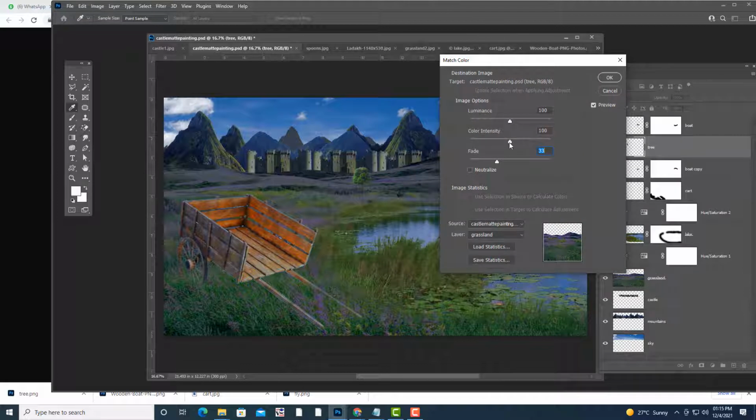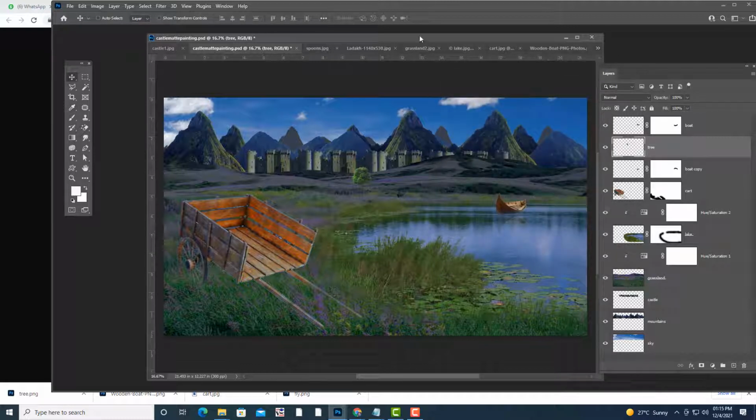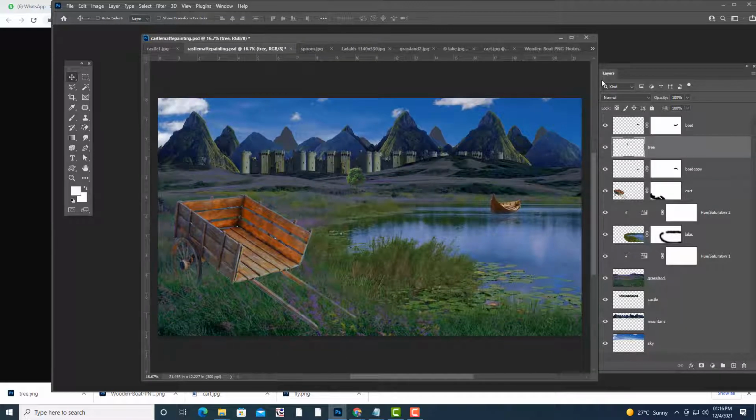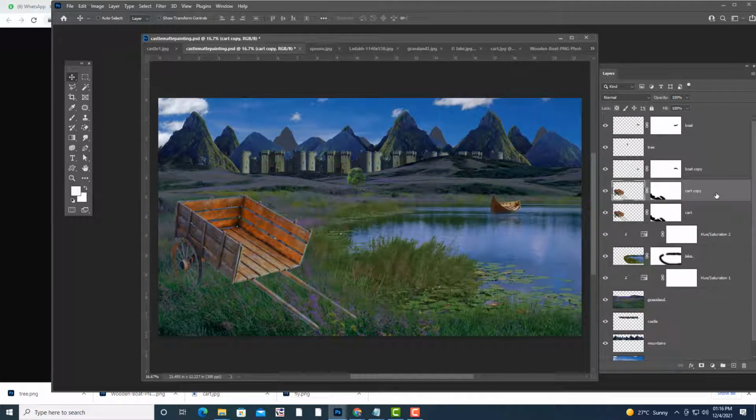Yeah. Here also we can do. We can do, no problem. But actually, my preference is like this. Okay, we'll create a shadow for this. Control J. Okay. Then how to create a shadow? Anybody can tell?